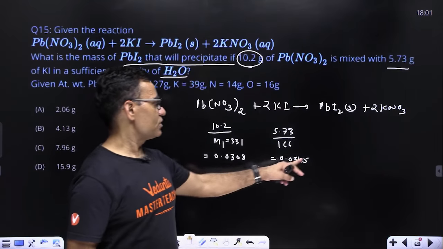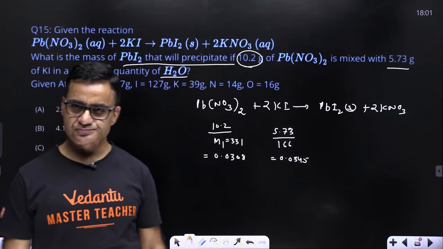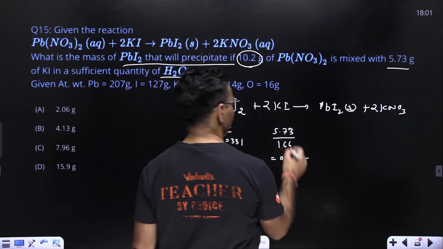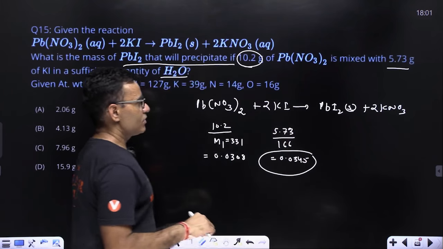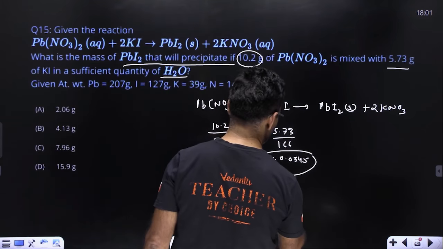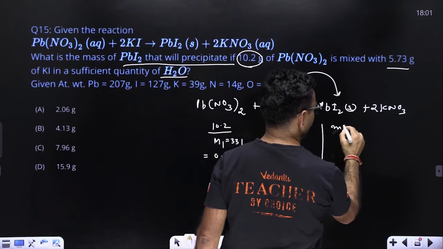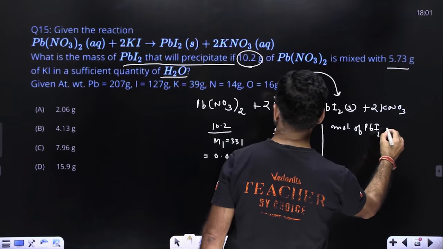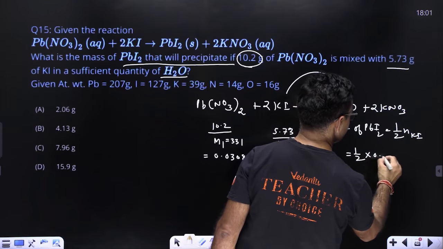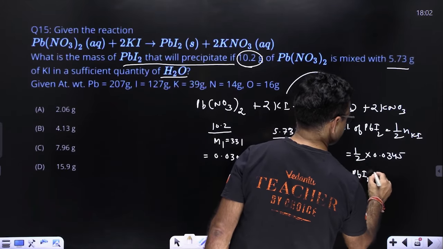Now रिएक्टेंट के मोल्स आपको पता है, just by calculating stoichiometric value of each reactant which is equal to mole divided by stoichiometric coefficient। Stoichiometric value हर reactant का निकाल लो और जिसका कम होगा stoichiometric value वही लिमिटिंग होगा। तो इस वे अगर आप 0.0345 को 2 से डिवाइड करोगे तो वो 0.0308 से कम आएगा। So KI is going to be limiting reagent। KI लिमिटिंग रिएजेंट है तो इसी के मोल की हेल्प से PbI2 के मोल निकाल लूंगा मैं। तो mole of PbI2 is half the mole of KI, तो half × 0.0345।